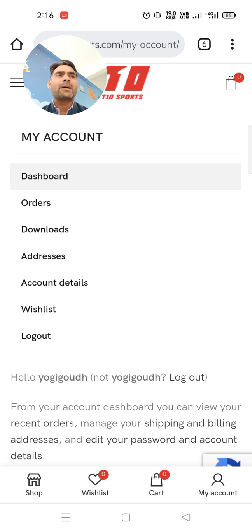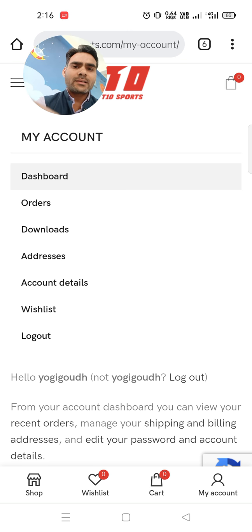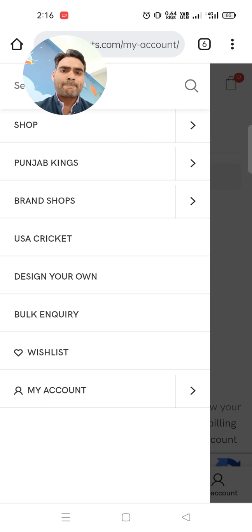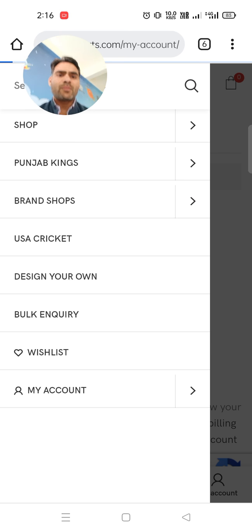Otherwise you can log in using your username and password. Here you can see all these things. There is a search box, and here you just write the name of our school.